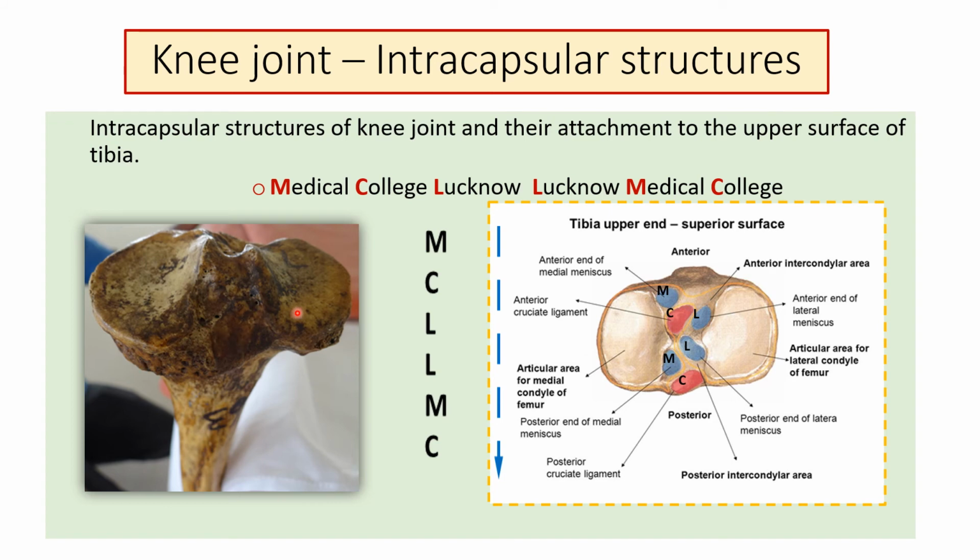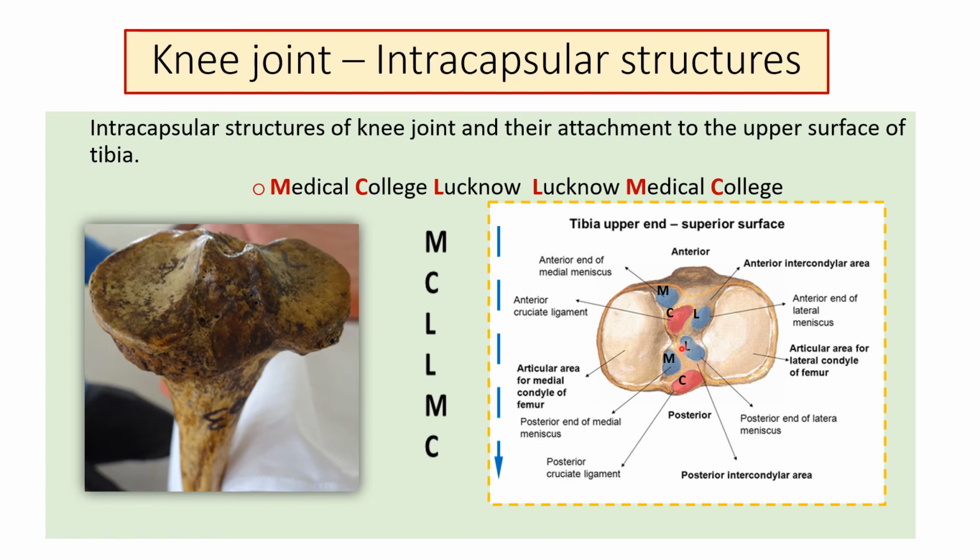The attachments you can see in this picture, and there is a mnemonic for remembering it. That is the Medical College, Lucknow, which can also be called Lucknow Medical College. Take the first letter in each of these words: MCL followed by LMC, and in that order from anterior to posterior in the upper surface of the tibia. If you see them, you can see the anterior end of the medial meniscus, that is the anterior horn of the medial meniscus. Then next is the anterior cruciate ligament, the anterior horn of the lateral meniscus,